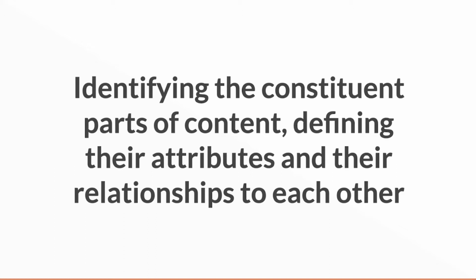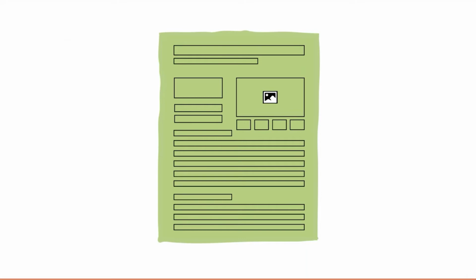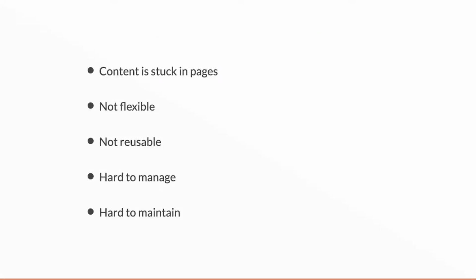The problem, I guess, that we're tackling when it comes to this, and this is a helpful way to look at it, is in most of our systems, content exists in undifferentiated blobs, essentially. We often call them pages. They often are pages in our websites. So we build and design these blobs at great expense to look good for users. And in reality, they're one big unwieldy block of dressed up content, all welded together. So that gives us a number of problems right off the bat. The content's stuck in the pages, so it's not flexible.